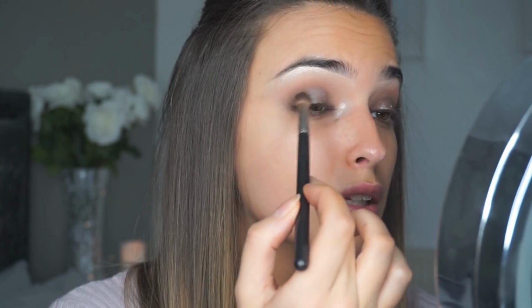I'm going to press it into the middle of my eye just to kind of spotlight it a little bit. I'm just going to tap tap tap, just to give a little bit of shimmer and sparkle to this eyeshadow. I'm just taking the brush that had the shadow on and just...